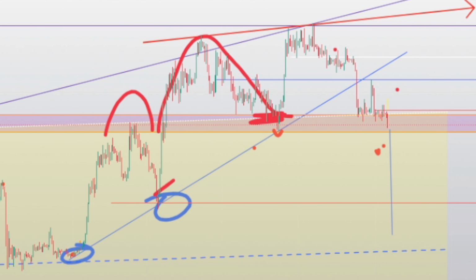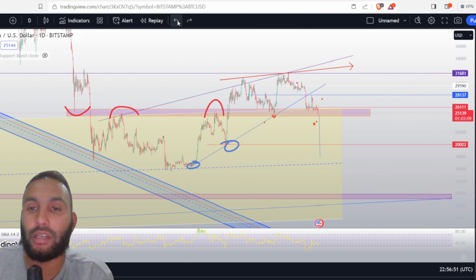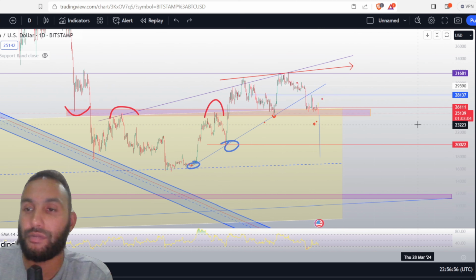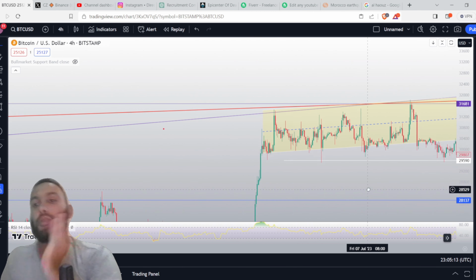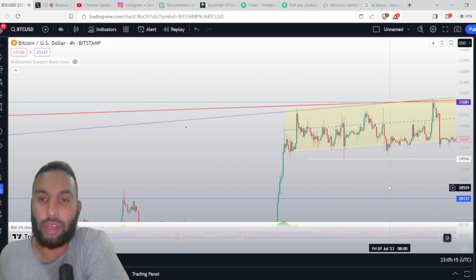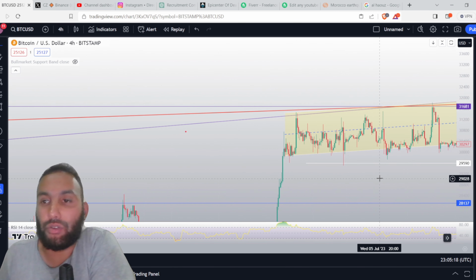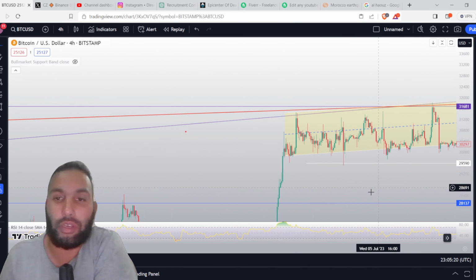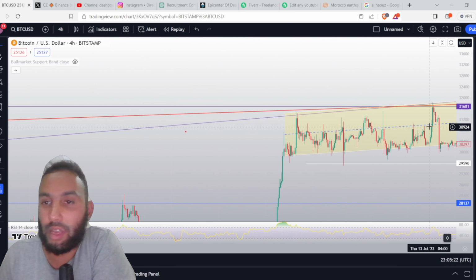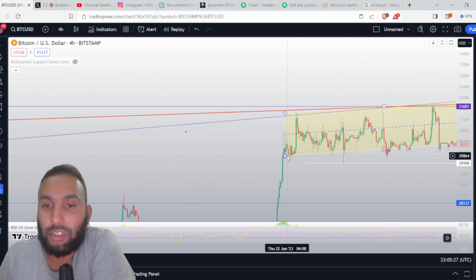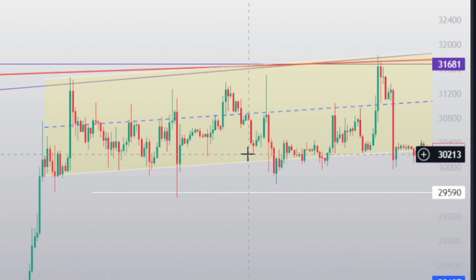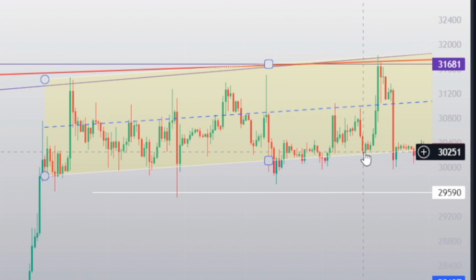So you can see that this parallel channel has meaningful data on it. It gives you amazing areas of resistance and support. So let's use the parallel channel on the short term, guys. Imagine we are still at the 30k level, above 30k. We see this beautiful sideways action, and when you draw this parallel channel, you will get this support right here. You see that? Around 30k, going up until